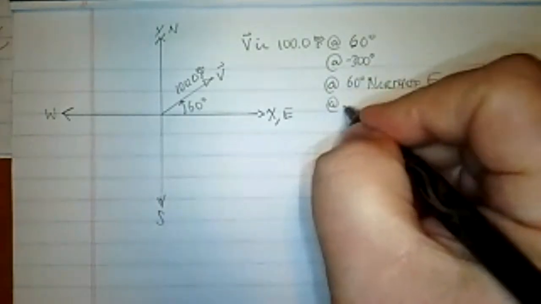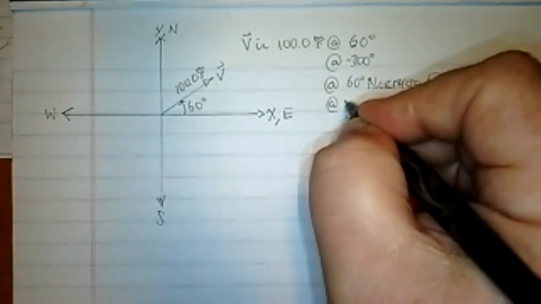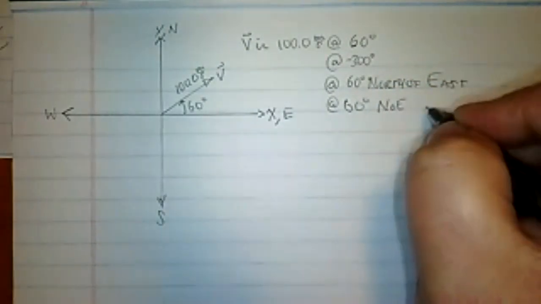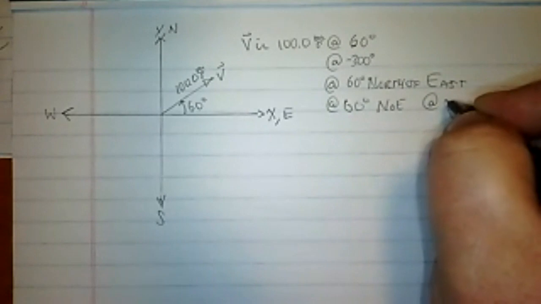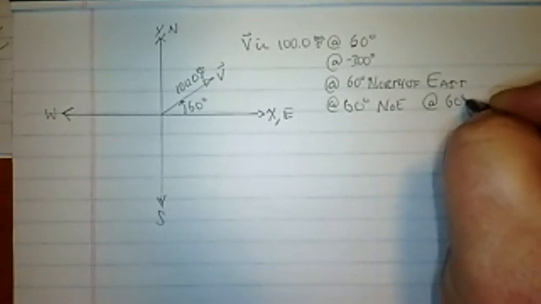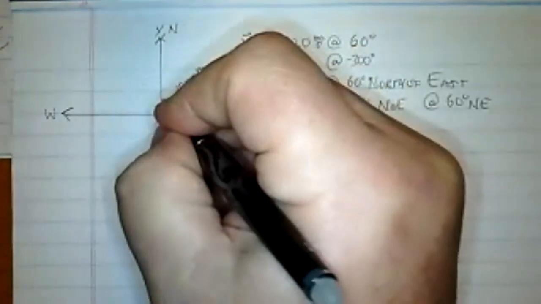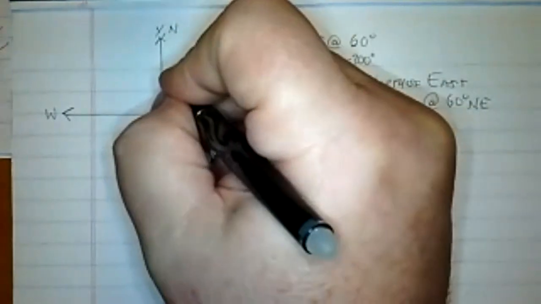That's often abbreviated 60 degrees. I like to do NOE, but sometimes people will say at 60 degrees northeast. Okay, but since we already learned this degree right here is 30, remember this whole thing is 90 degrees,